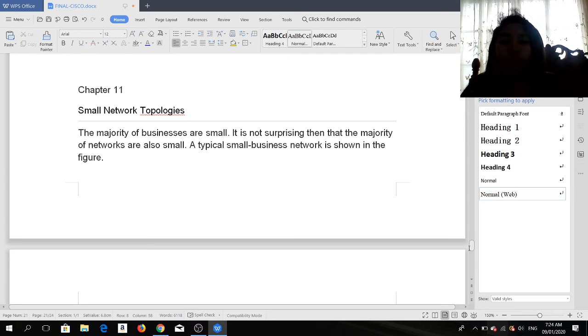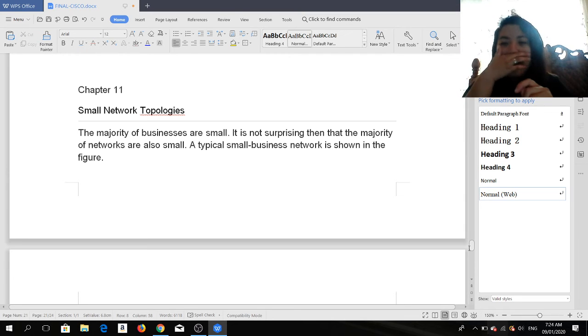So, the last chapter, small network topologies. The majority of businesses are small. It is not surprising then that the majority of networks are also small. A typical small business network